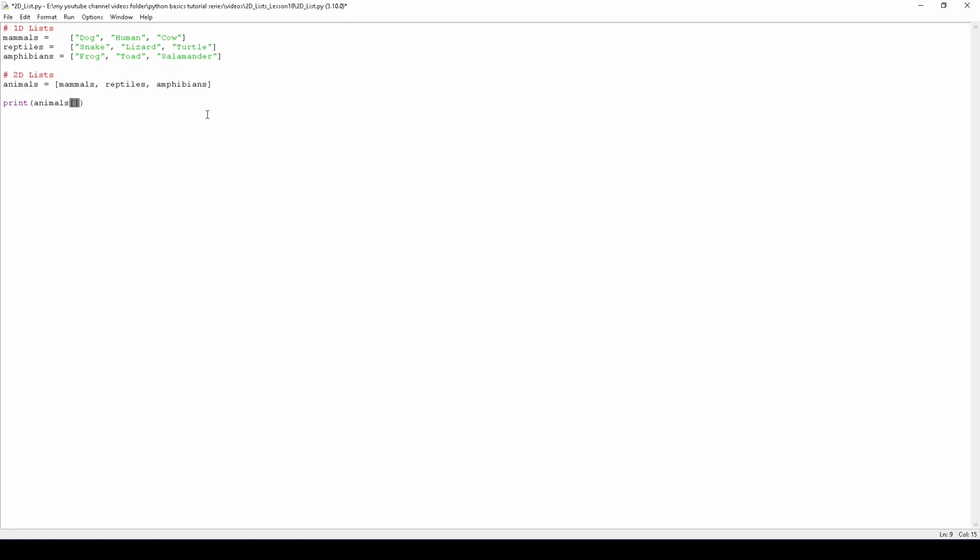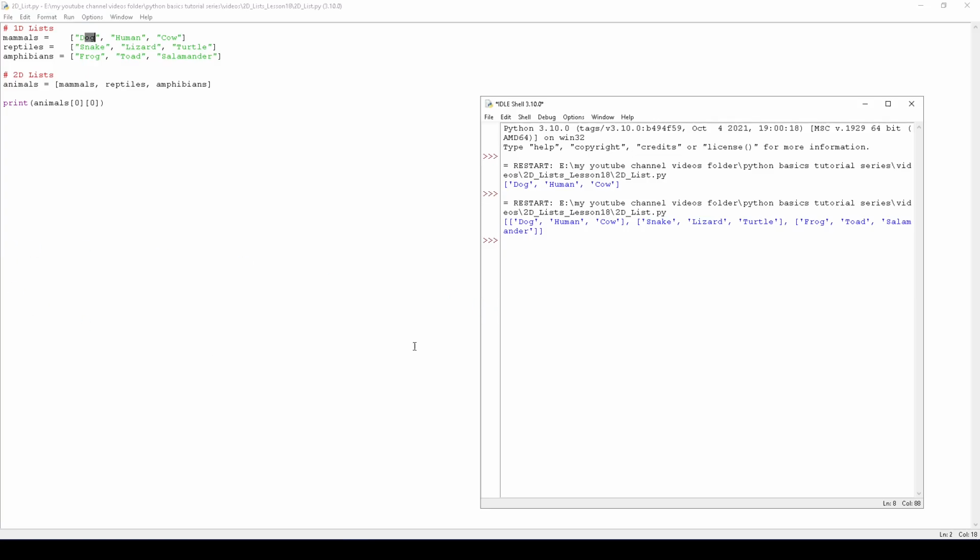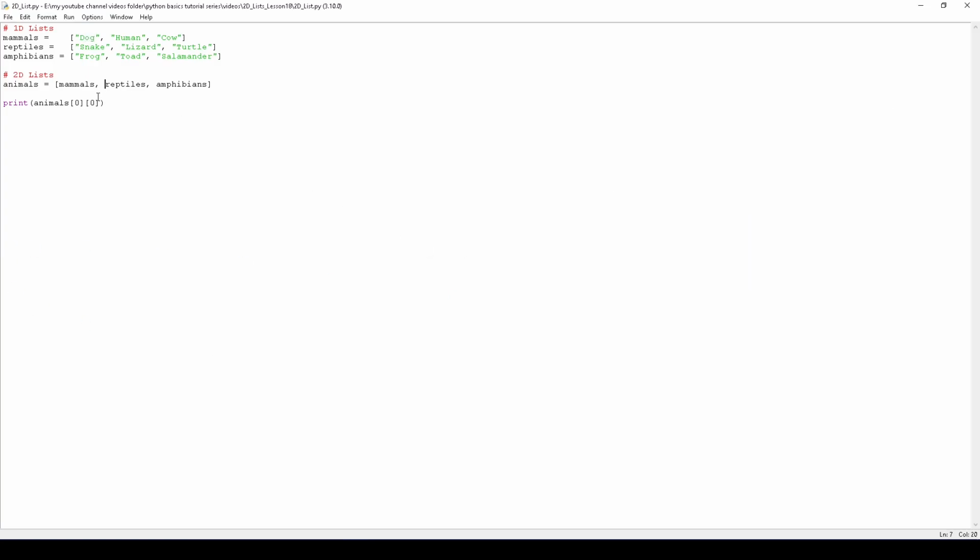Now to output individual items in a list, we have our two indexes like I showed. So if we type 0, 0, it should show dog, as it did on the whiteboard. As you can see, dog. 1, 2, one row down, to the right is turtle,